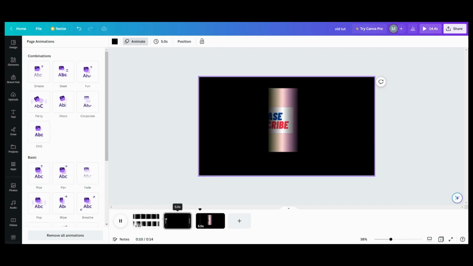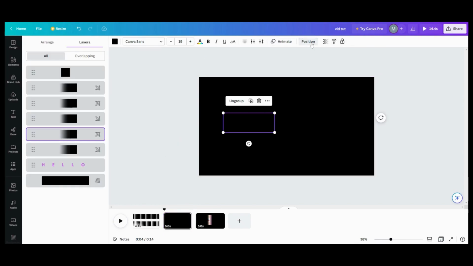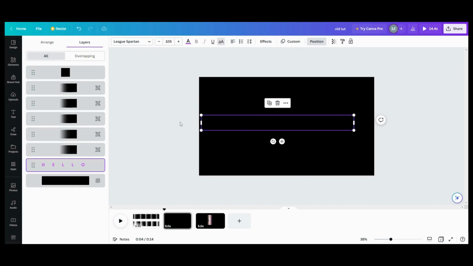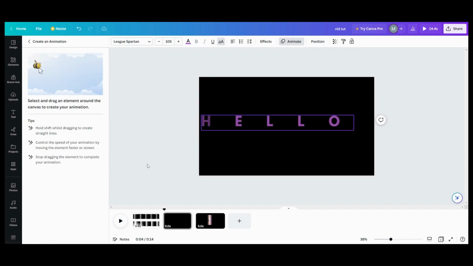So, if we want to do it the other way, now that we've learned our little thing, what we want to do is go back into position, grab our hello, custom, delete the path. So if you want them to show afterwards, and if you want it to show more, don't double up your gradient. Just do a single one. It'll show the letters better. So you need to do one gradient and one block, but you can just go here and come out